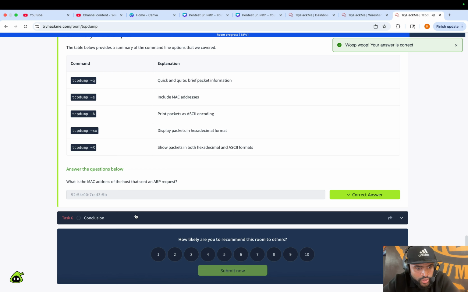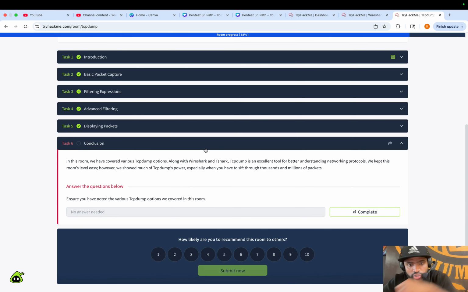I didn't think it was going to take this long. It's almost 33 minutes. But in this one, we have covered various tcpdump options along with Wireshark and TShark, and tcpdump is an excellent tool for better understanding